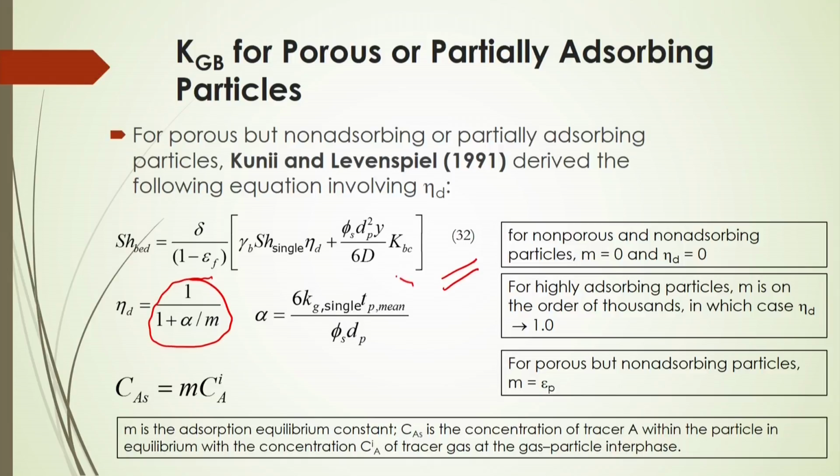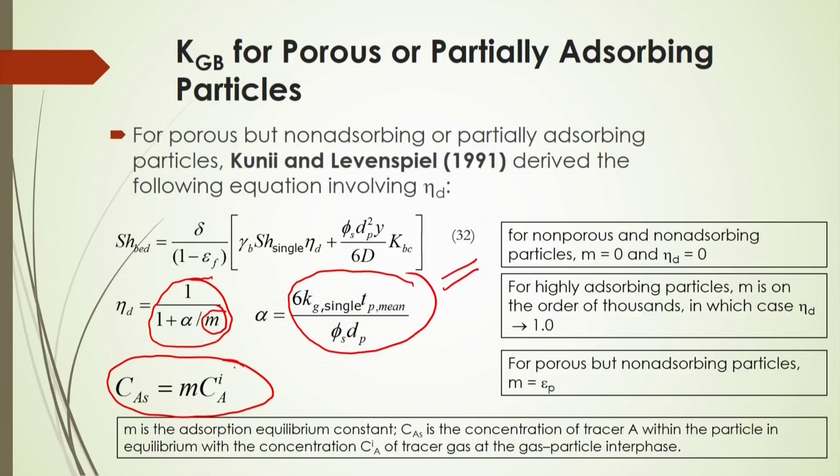Here alpha is a parameter which is a function of the particle diameter, the single particle mass transfer coefficient, and also the exposure time of that particle inside the bed for mass transfer. And a very interesting point is that m is a parameter called the equilibrium constant. Here, this equilibrium constant relates the surface concentration of component A to the